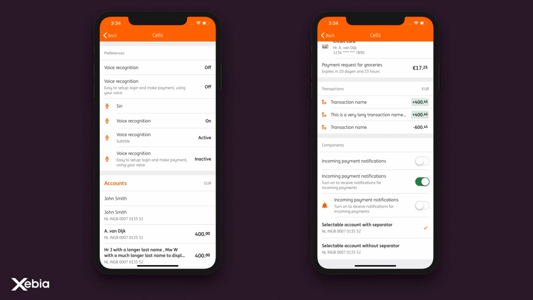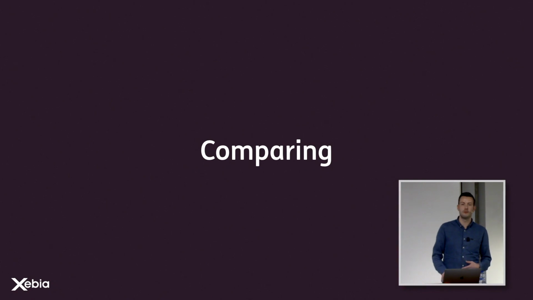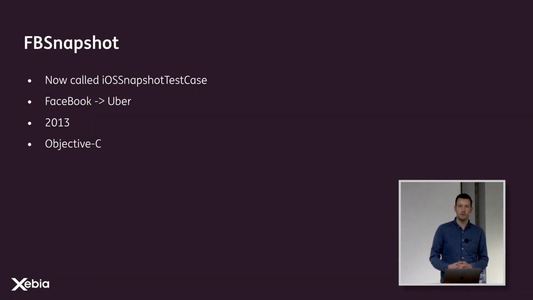So now that we know what to test, let's compare what is available for performing snapshot tests. Snapshot testing isn't available by default from Xcode, but there are open source projects. One of these is probably known to you as Facebook Snapshot. It's been around since 2013 and is created in Objective-C. But now Uber has taken over it. It's now called iOS Snapshot. Not very specific anymore. So in this presentation, I would like to call it by the old name, Facebook Snapshot,